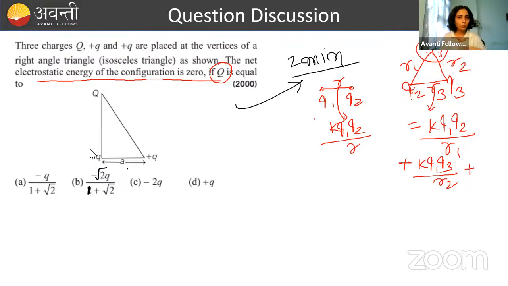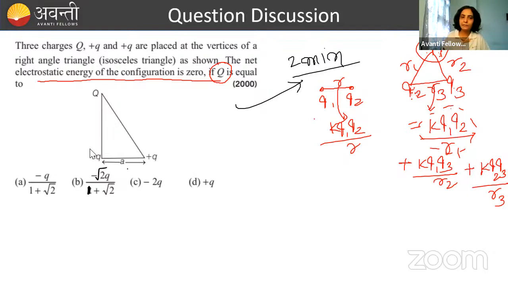Now if you go on to 2, 2 will form a pair with 1 and 3. 2 का 1 के साथ pair we have already formed. This is done. So make the pair of 2 with 3. So this will become K Q2 Q3 by R3. Is there any pair left now? No, no extra pairing now. So the total potential energy of the system of these three charges will be this. Similarly for 4 you can do. है ना? So that's the method.